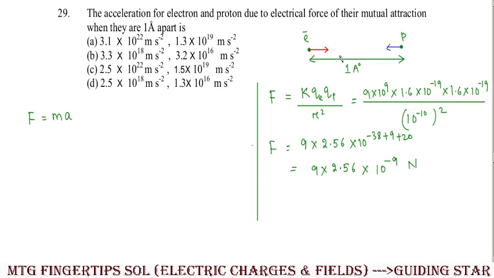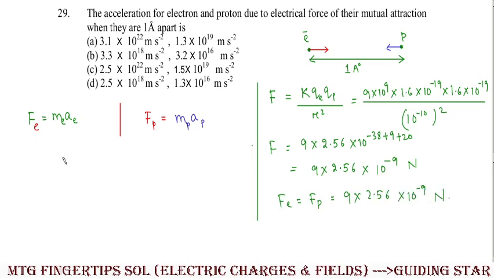Why? Because it obeys the action reaction, that means Newton's third law of motion. Clear? So force on the electron will be same as force on the proton, and that value will be how much? That value will be mass into acceleration. So force acting on the proton will be written as mass of proton into acceleration of proton, and force acting on the electron will be written as mass of electron into acceleration of electron. Clear? And here in this particular case, Fe equal to this 9 into 2.56 into 10 to the power minus